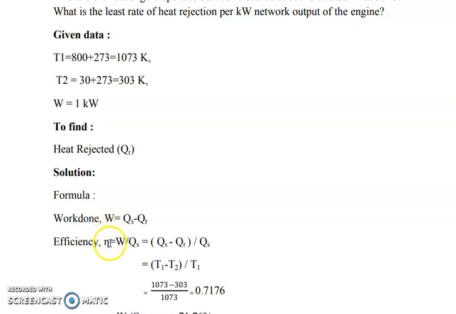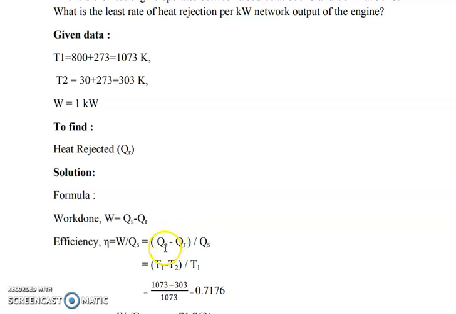Work output means heat supplied minus heat rejected. Then efficiency. If you want to find out the efficiency of the engine, it is the ratio between output of the engine to the input of the engine. Output is work done. Input is heat supplied. So the ratio between the work done and the heat supplied is the efficiency of the heat engine. So work done is heat supplied minus heat rejected, divided by heat supplied. For finding out the efficiency, we should know these values, the heat supplied and heat rejected. Right now we don't know the value of these parameters, so we can't use this relation directly.